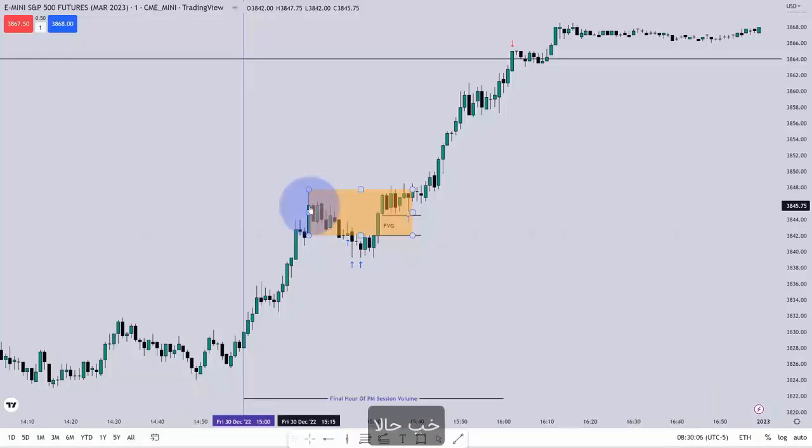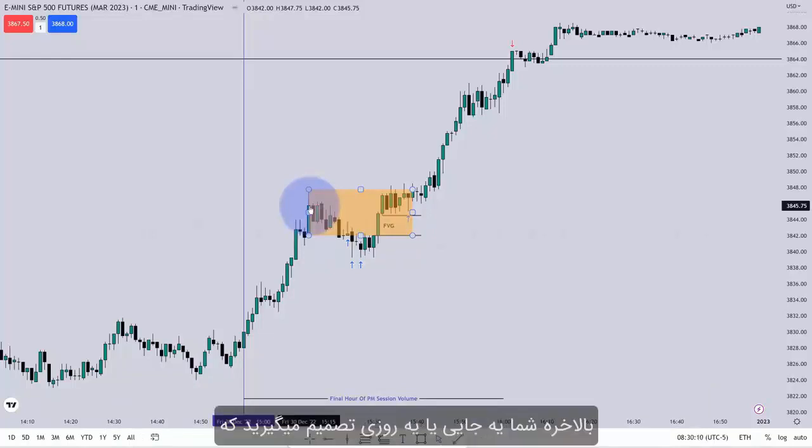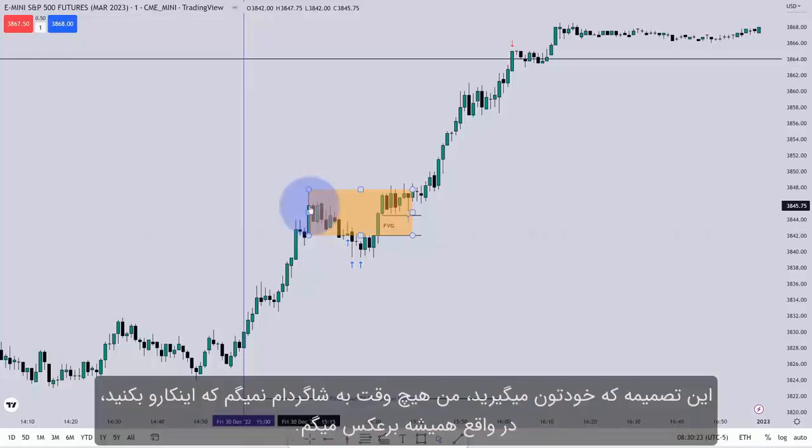Now, at some point, you're going to make a decision whether or not you want to transition from playing in a demo account, a paper trading account, to live trading. You make that decision on your own. I never, ever tell any of my students to do it. In fact, I preach against it, because